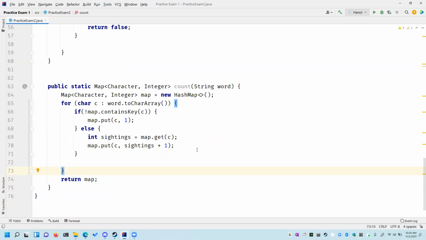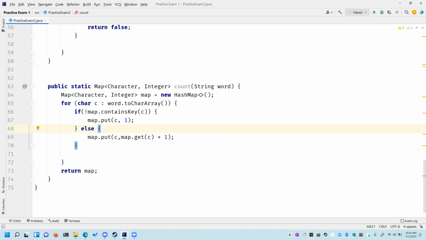Okay, so how can I shorten this up? Honestly, I've been blazing through this, so I want to make sure there's plenty of time to go over stuff. One thing that you might realize is that this sightings variable is extraneous, because I can just simply put get C in here, and it shortens it up like crazy. It just kind of looks meh. Another thing we could do is that basically we could,